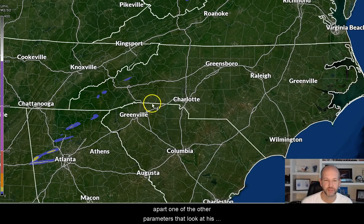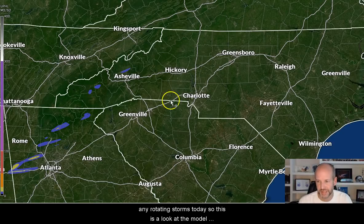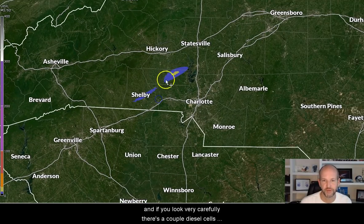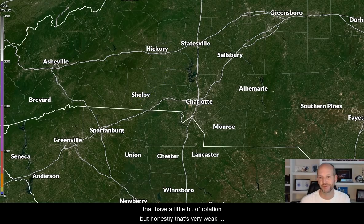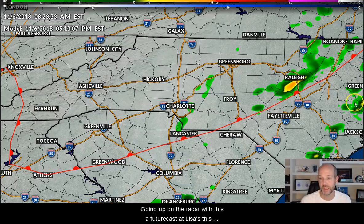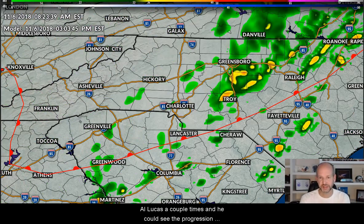One of the other parameters I look at is what we call updraft helicity. Is there going to be any rotating storms today? So this is a look at the model trying to indicate what storms might have rotation in them. And if you look very carefully, there's a couple of these little cells that have a little bit of rotation, but honestly, that's very weak, and overall, there's just not a lot showing up on the radar with this future cast, at least as this moves through. So I'll loop this a couple times, and you can see the progression of this as it pushes to the